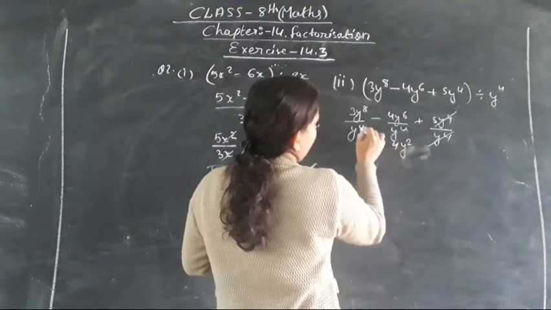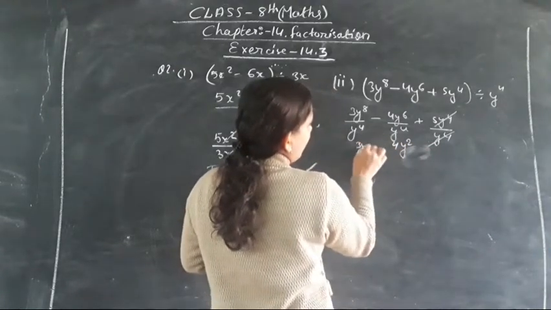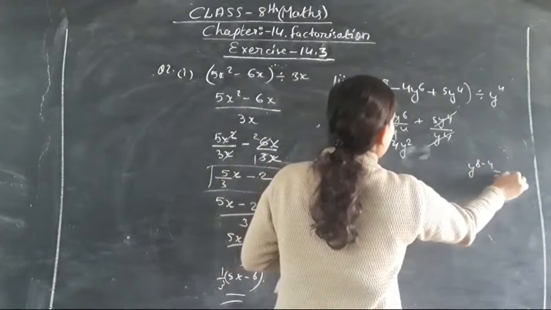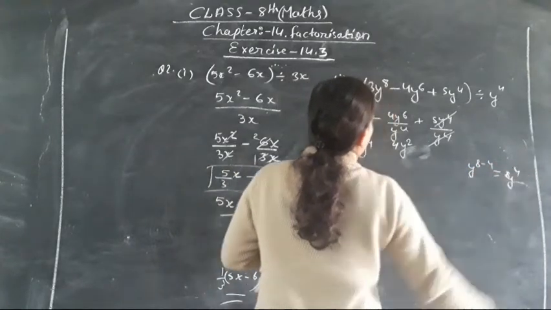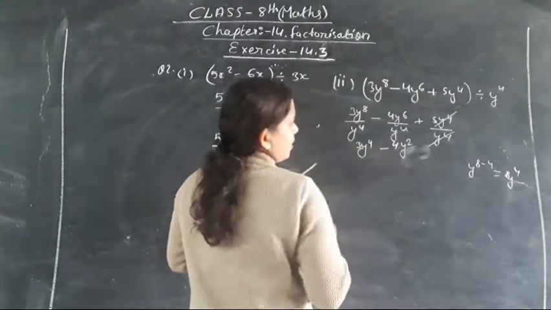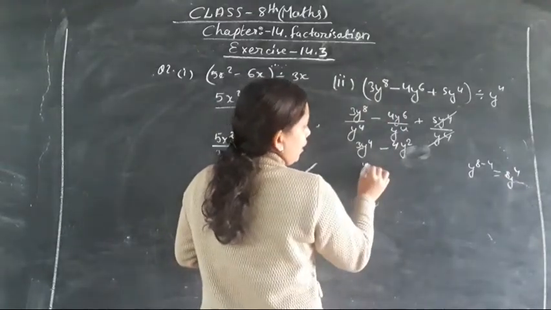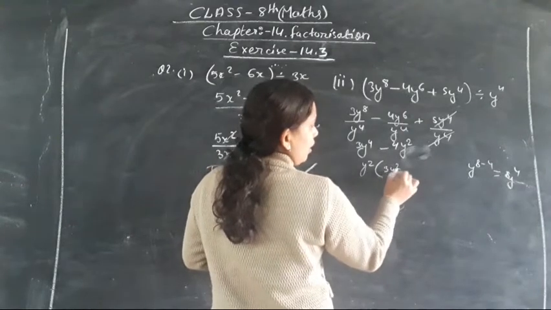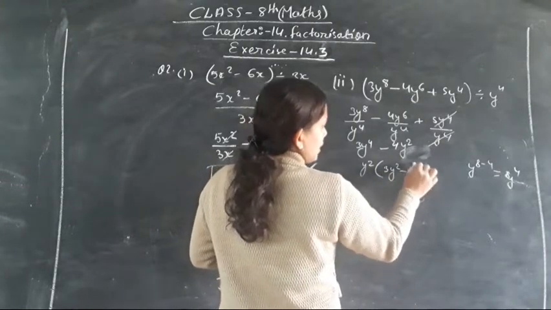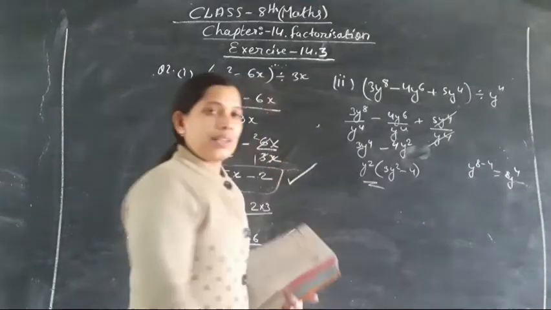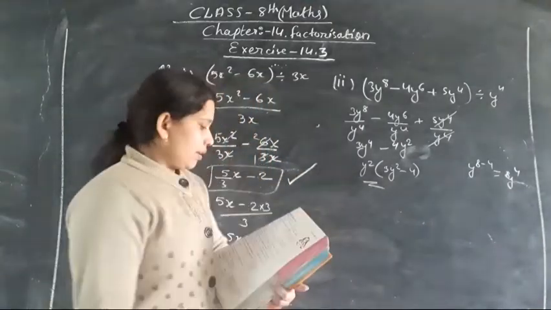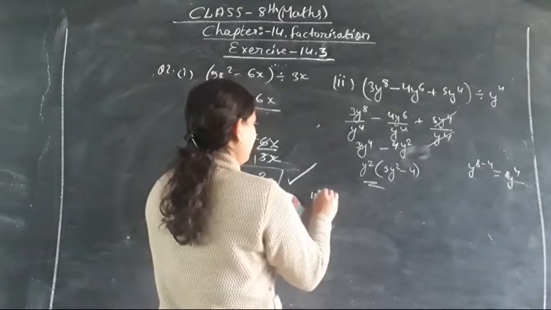And here y to the 3, y to the power 4. As y to the power 8 minus 4, so that will be y to the power 4. That's it. So here what is minus 3? What is the answer? Can we take y to the power 2 as a common? Of course we can take it as a common. So 3y square minus 4 is left, which is the answer. Clear everyone? Next one we are having third part of this question.